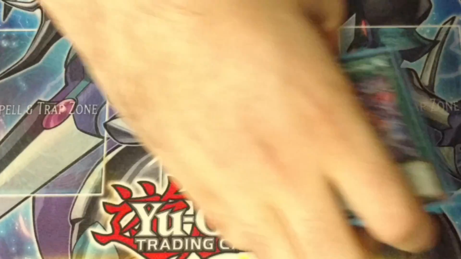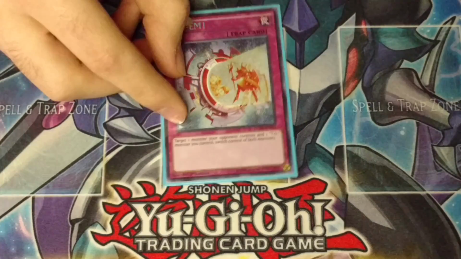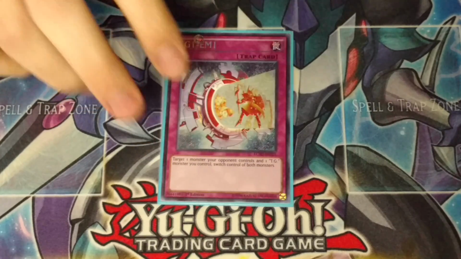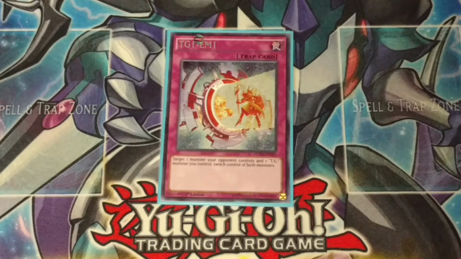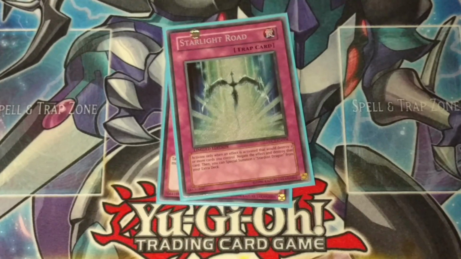All right, let's check out this trap. I run 5 traps. Ooh, man! All right, let's see what these 5 traps are. TG1-EM1. It really helps in this deck. I can take control of one of my opponent's monsters. It's just great. I run Starlight Road because I want to prevent destruction, and it's always nice to see it